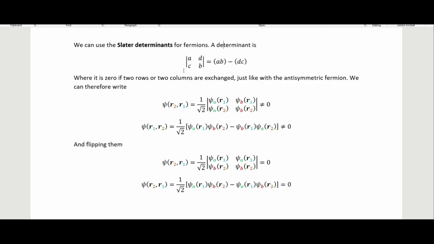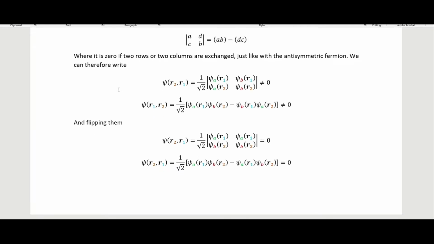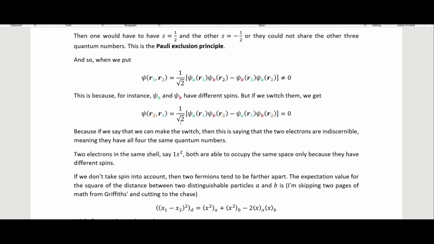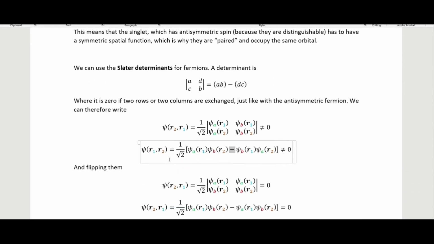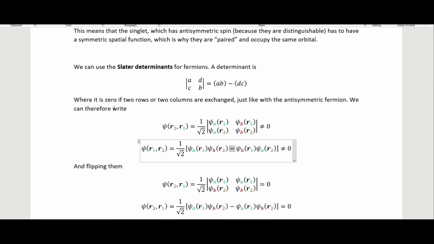Like if we switched some of the rows or columns in here, then you would actually get something that gives you 0, if this is already a non-zero determinant here. So we have here, this is essentially the same thing, so we end up with this, which is the same one from above up there. So that is not equal to 0. But